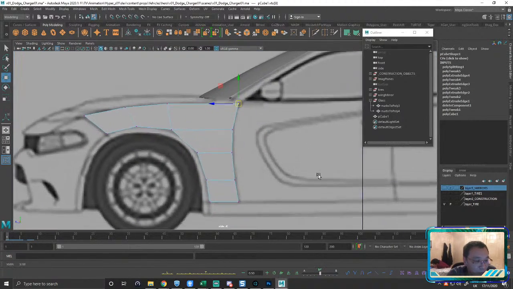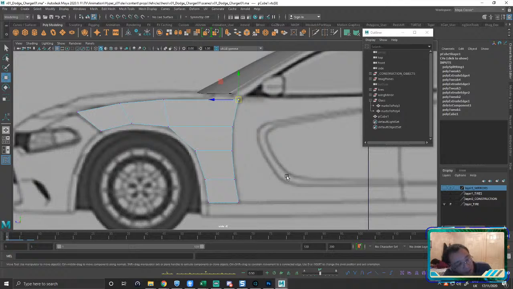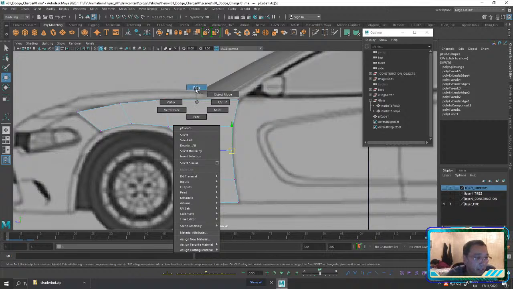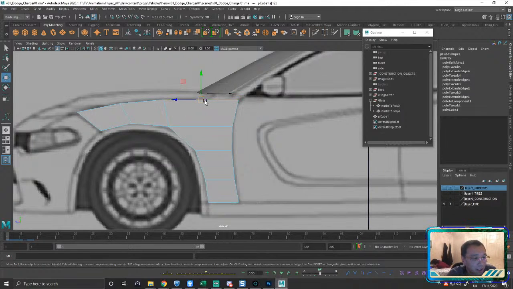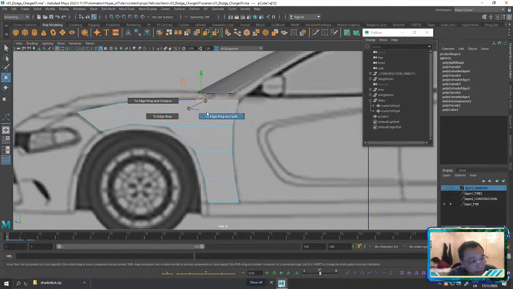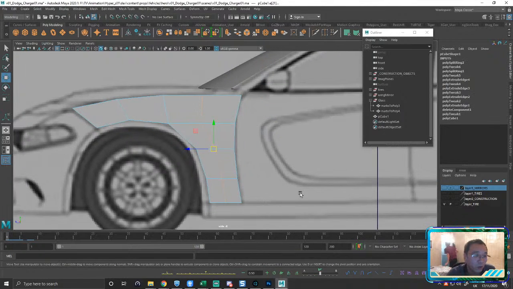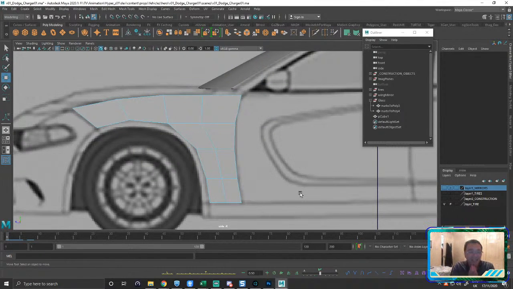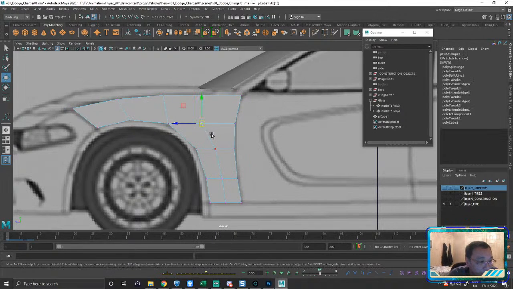And in retrospect, I think maybe what I might do is, yeah, let's shoot an edge loop through here. Why not? When in doubt, model it out, right? Shift, right click, edge ring and split. Boom. Now, why I like the edge ring and split is it finds the exact center, right? So I obviously need to adjust this guy, right? Pull that back this way.